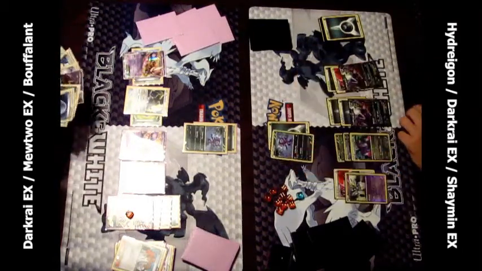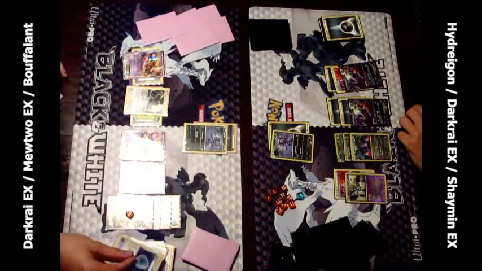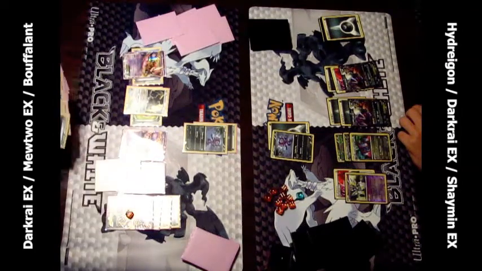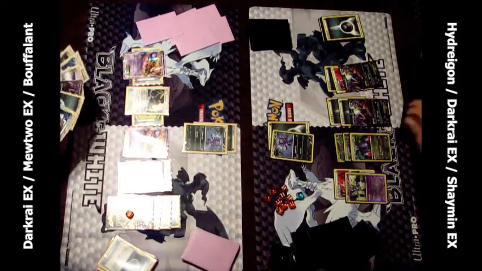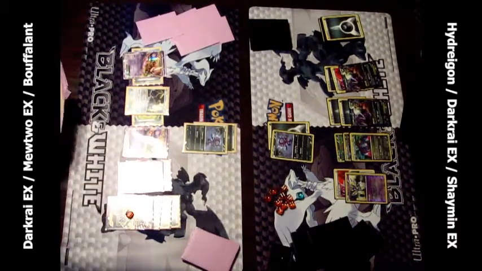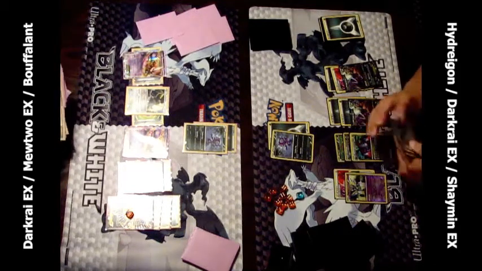He can snipe me with Dark Spear and then use Hydreigon's attack, so 30 plus 140 is 170. I'm going to go ahead and attach... Did I put... let's see here. Did I attach twice this turn? I'm not going to rewind it to find out, but...